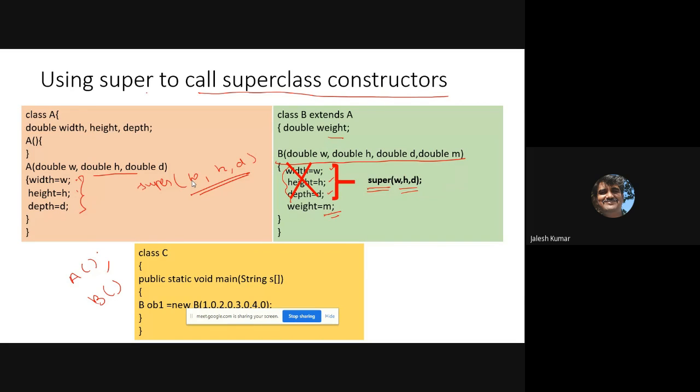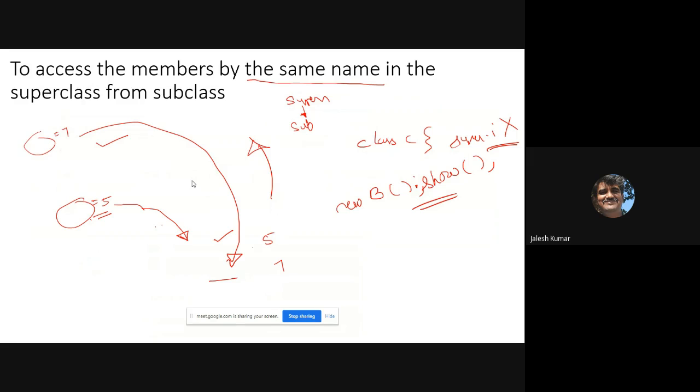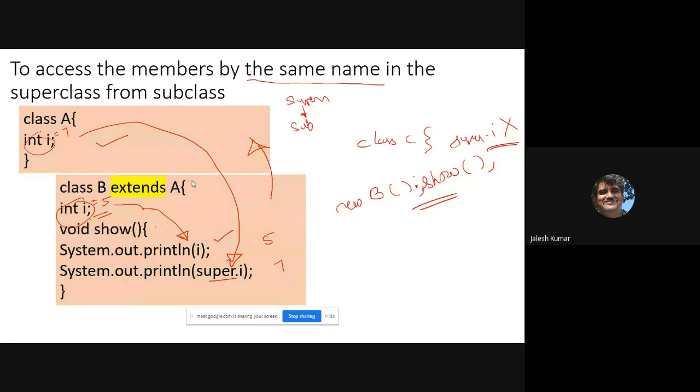Okay, that is one use. Second one, you just write a variable with the same name in the superclass as well as the subclass, and you inform how to invoke that name by just calling that name in B and calling super.i. That indicates its superclass variable. Okay? So that is the use of super.